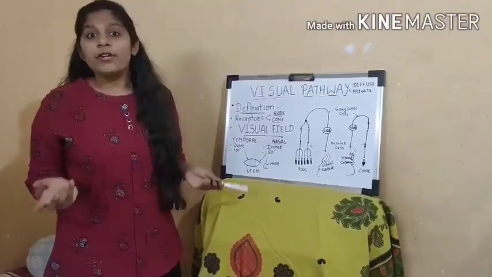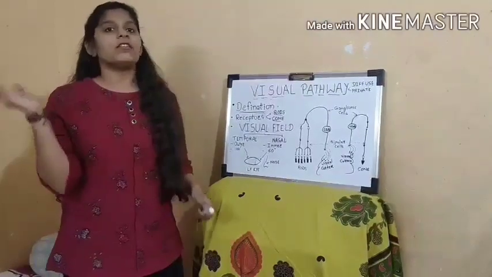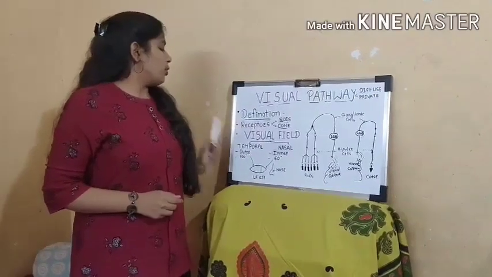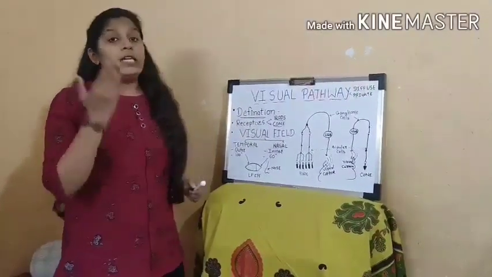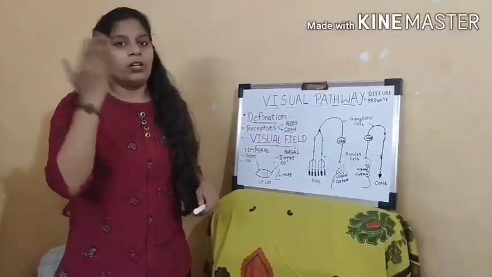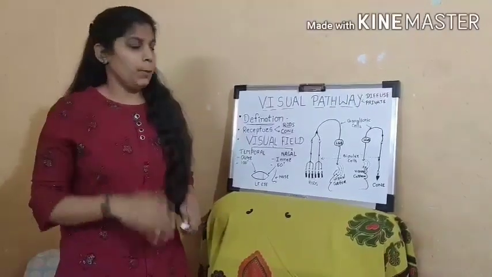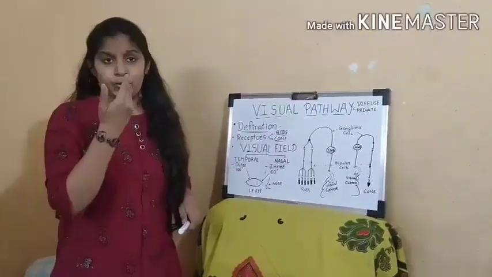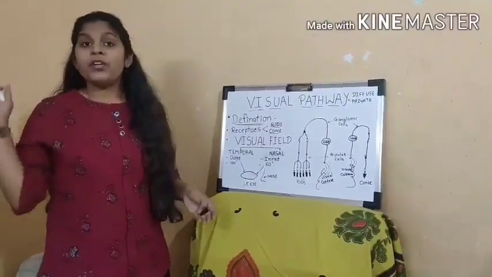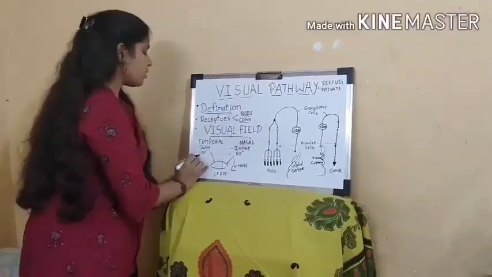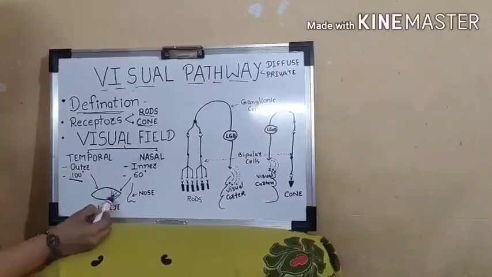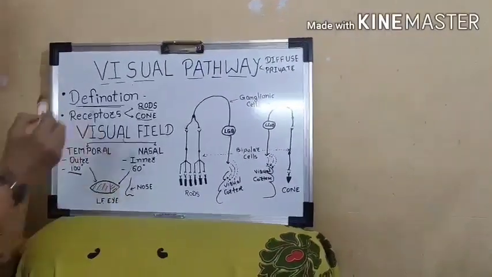Then, what is the visual field? The visual field is the extent of the external world which we can see with one eye. The visual field is of two types, nasal and temporal. The inner, medial side which we see is the nasal field, and laterally we see the temporal field. The nasal field, due to the presence of the nose, is restricted and only extends up to 60 degrees. But due to no restrictions on the lateral side, the temporal field can extend up to 100 degrees. Let's see the nasal field, and this one is the larger temporal field of the eye.